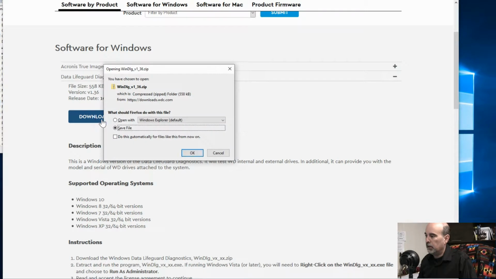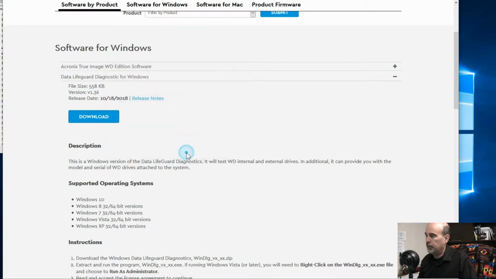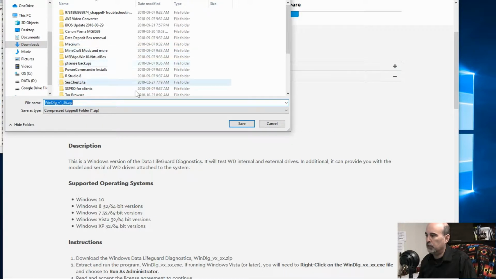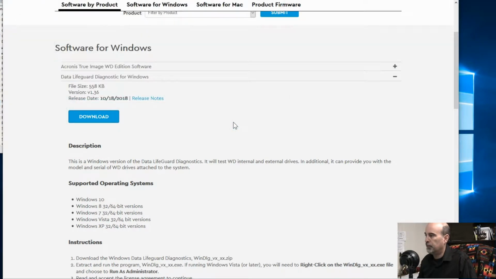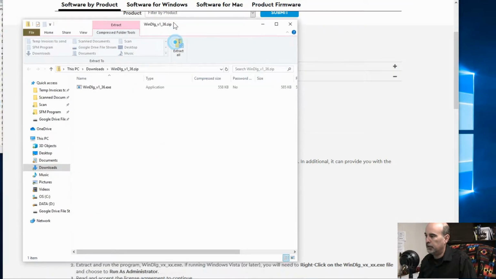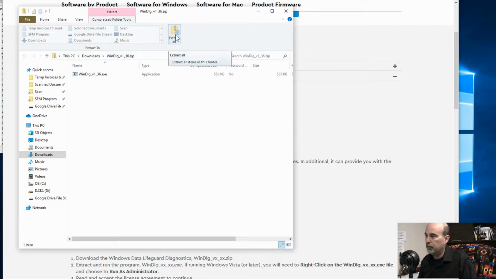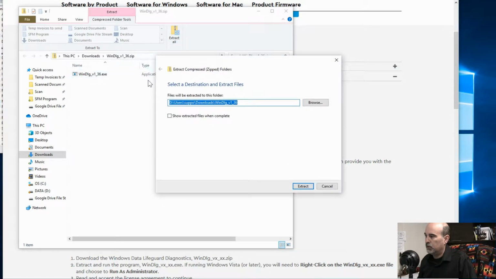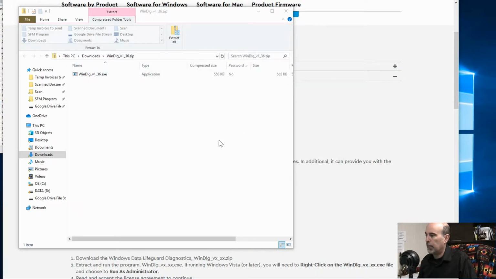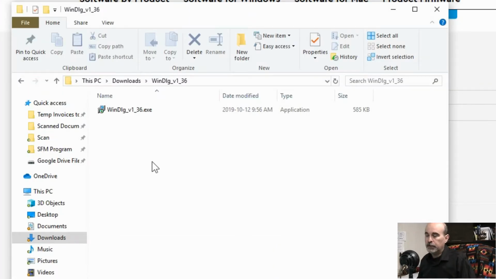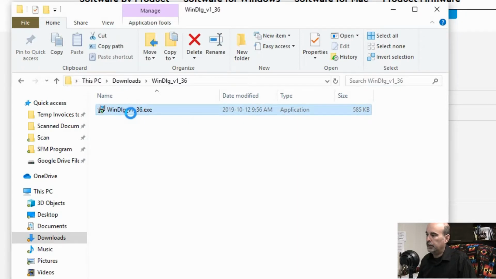So we'll go ahead and download this. It's always good to save it. Depending on your web browser, it may look different. And you should already know how to save and download files, otherwise that's a whole other video for me to make for you guys. Now it shows it here, it's zipped, so I want to extract it first. Although some files will work fine without extracting them, it's always a good habit to extract the file first so that it runs properly.